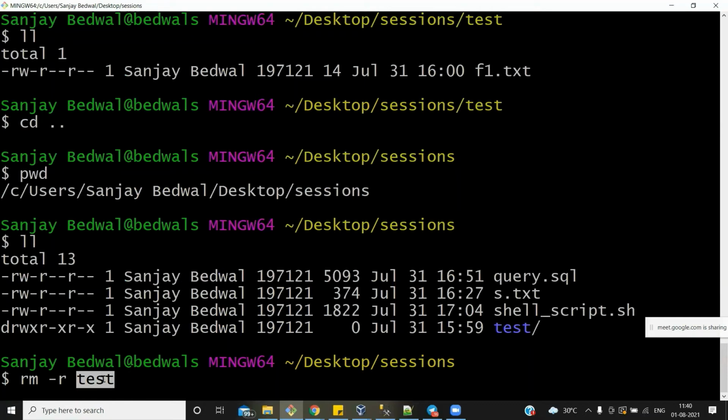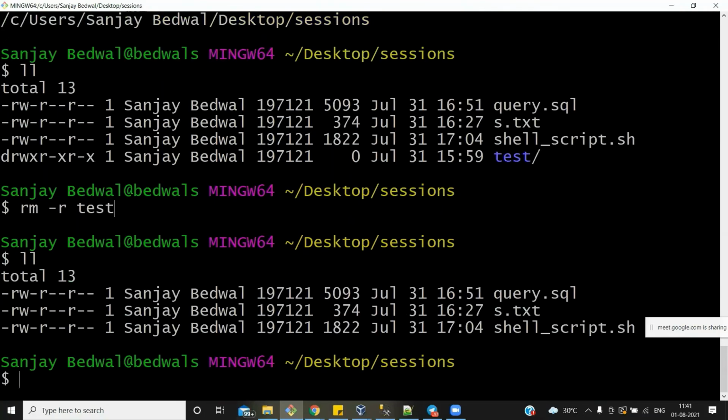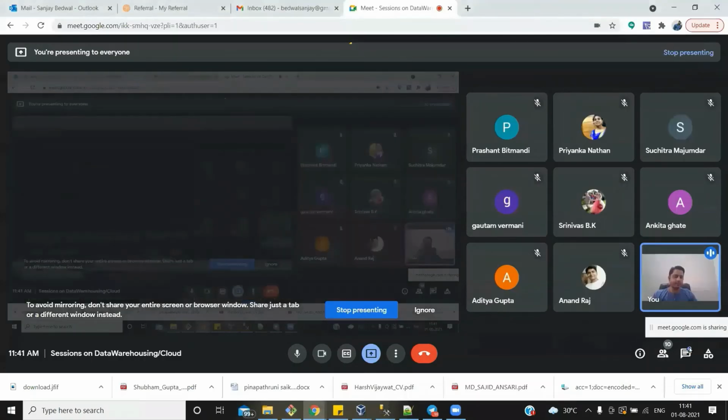Let's say I have a test directory. Inside this, I have test1, test2, test3 directories. Inside the test1 directory, I have f1, f2, f3 files. So in a recursive manner, it will try to delete those files first, and ultimately it will delete this test directory as well. See, this time I have not received any failure. Let me quickly cross check if it got deleted or not. Yeah, it got deleted.